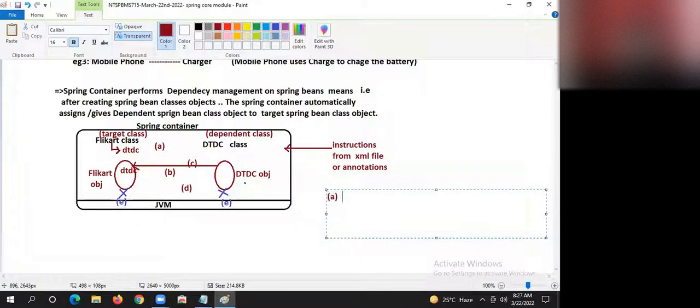Spring container loads both target and dependent classes.